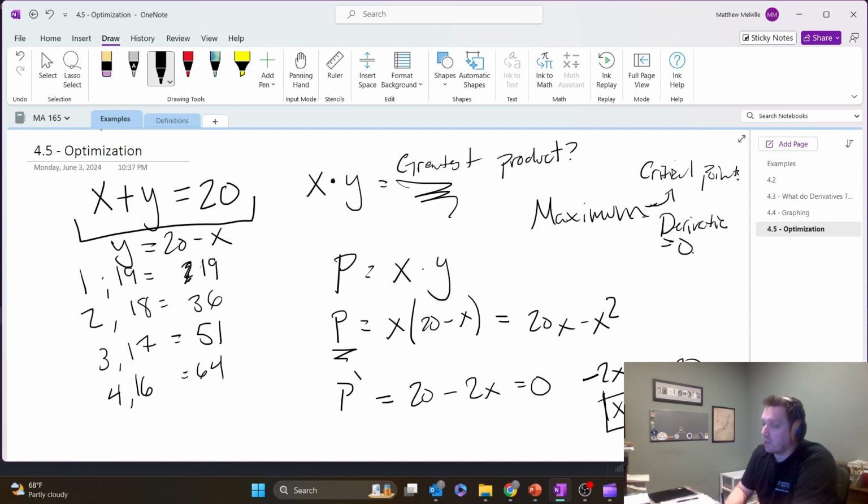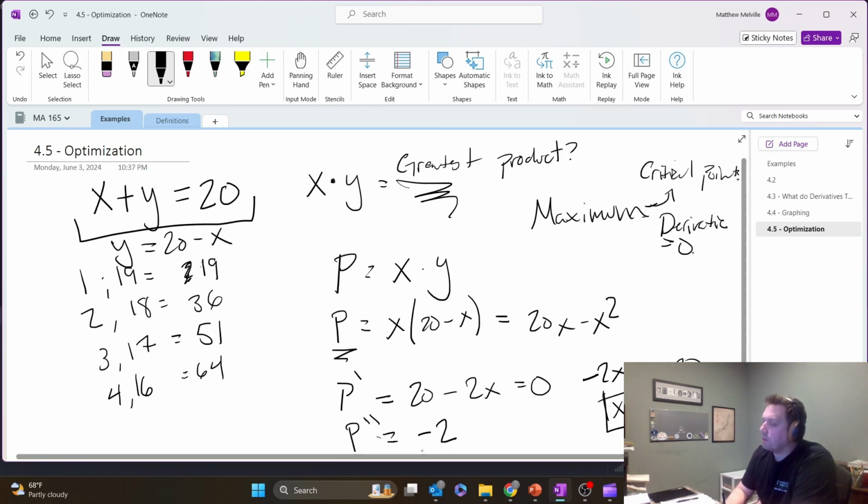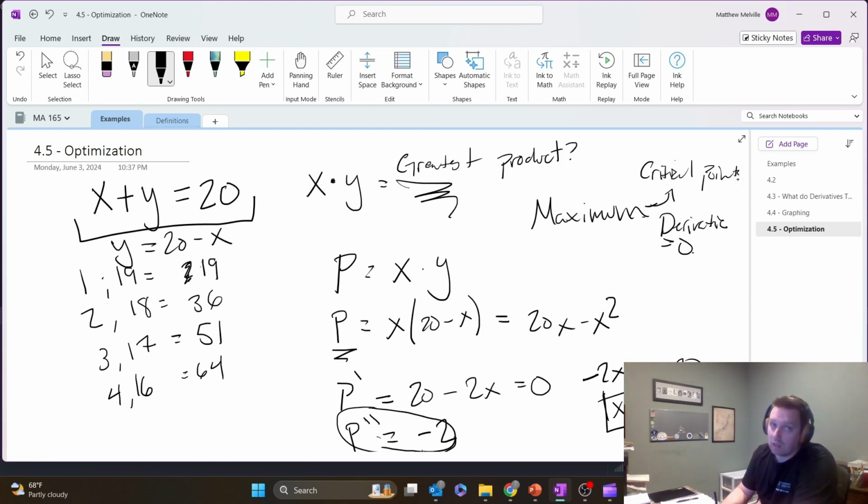Well, I can take the second derivative, p double prime, is equal to negative 2. Well, if it's equal to negative 2 at all points, that means that everything here is going to be concave down. So that means it has to be a maximum. So I know, without even graphing this, that x equals 10